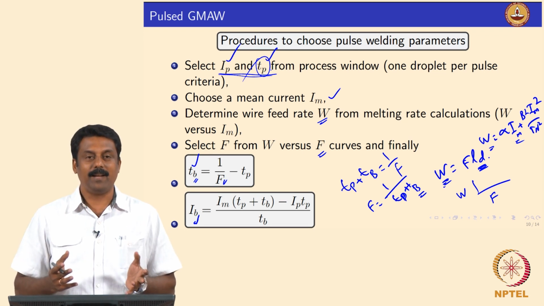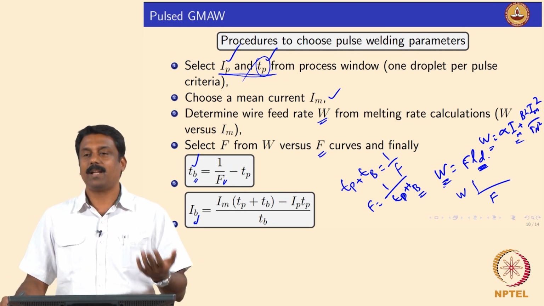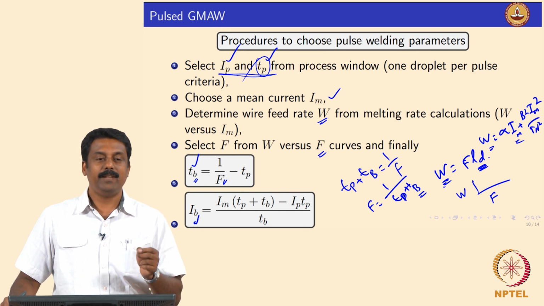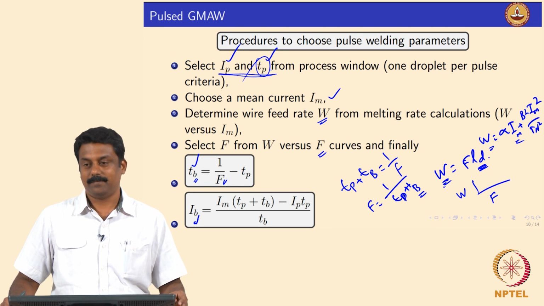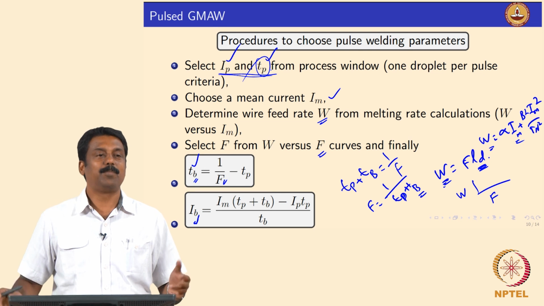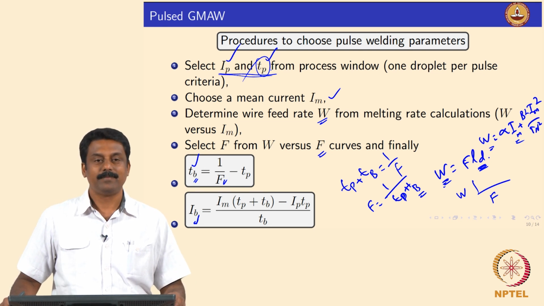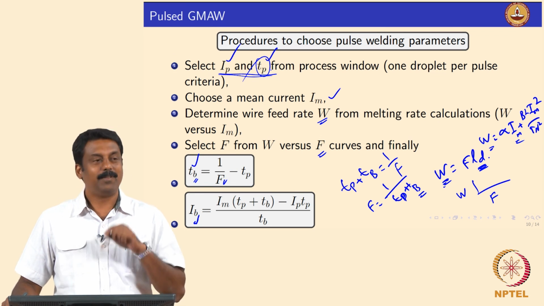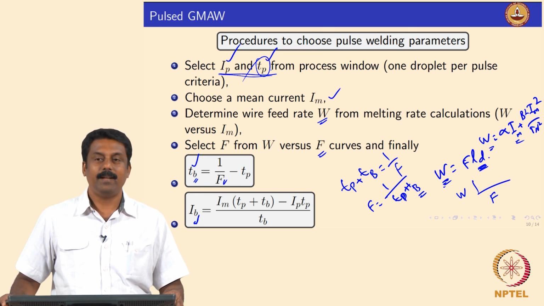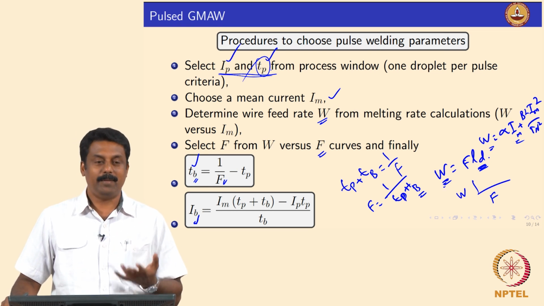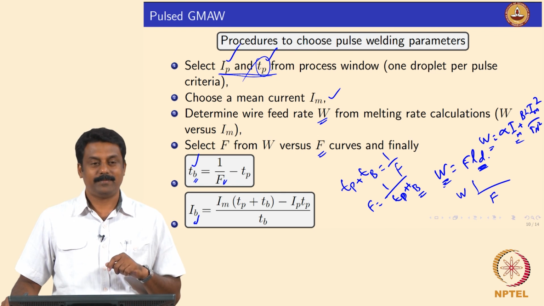So, once you know the calculations, the power source can feed all the parameters and the wire feed rate to achieve the droplet transfer in spray mode at a constant arc length, right. Is it clear? So, this is how we establish the welding procedure specifications. The money goes when you buy a power source and the database for this, right. If some company approaches us, suppose, and we need to develop a welding procedure parameter, we will have to do all this exercise.